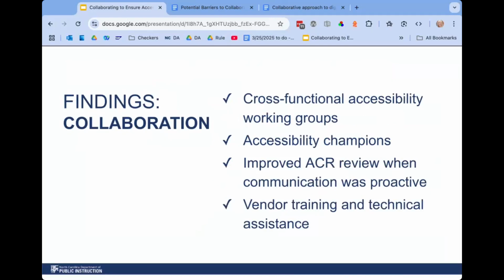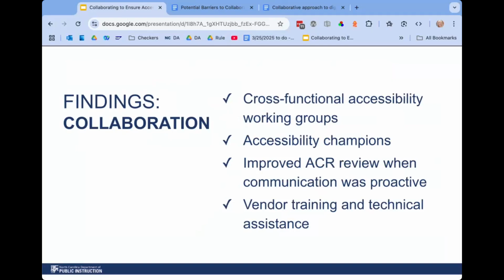Obviously, corresponding to that barrier we just mentioned, when they had some internal cross-functional accessibility teams. And I argue that there's even a space for us to cross-collaborate with teams from the organization and the vendor. So, getting our IT teams to collaborate from vendor to customer, not just internally. That's part of the evidence that I saw